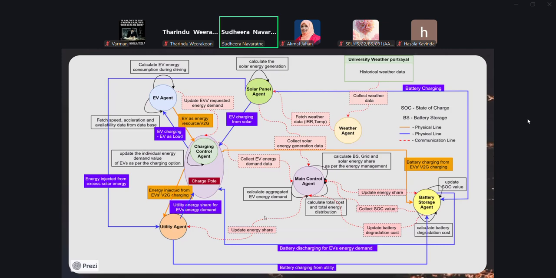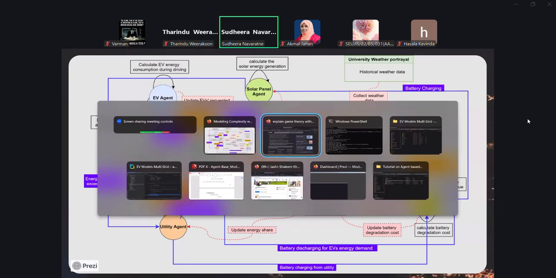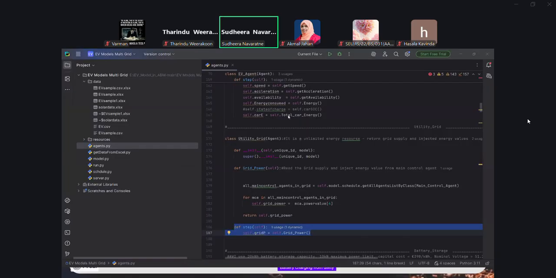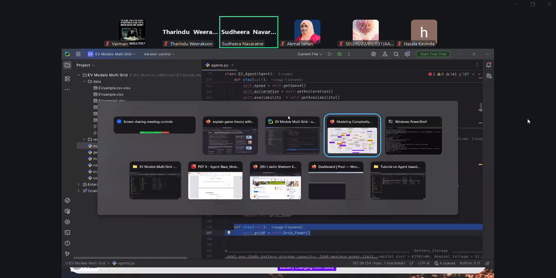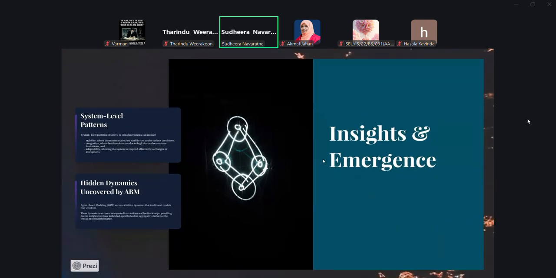So it is a very complex model. This is a very basic model of the agent-based system that I simulated a short while ago. Yeah, I think I'm in that particular tab. That's the agent-based system that I simulated earlier.